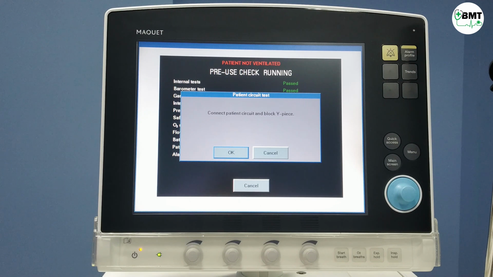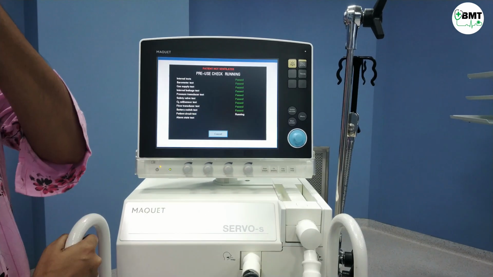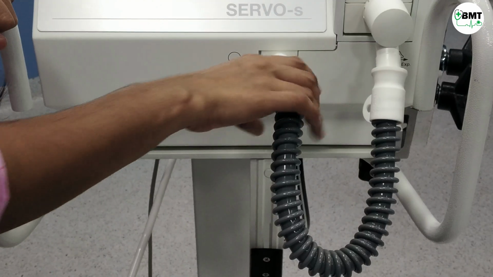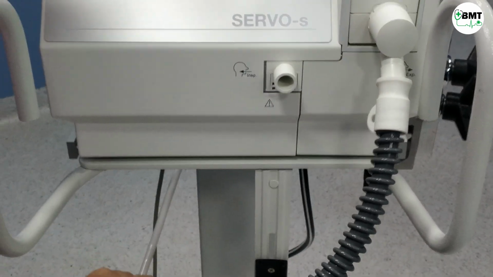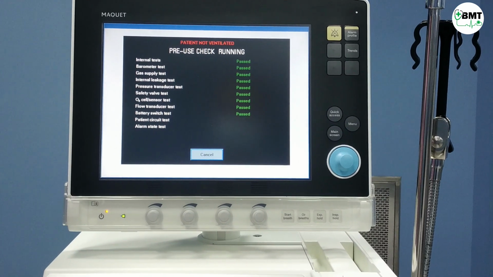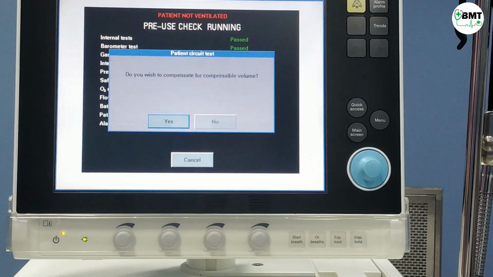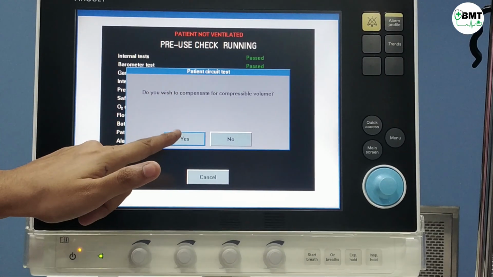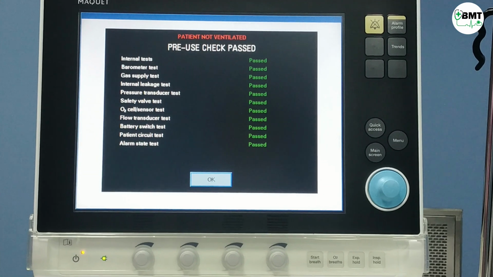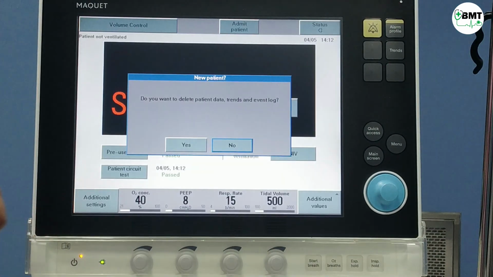Connect patient circuit and block Y-piece. Unblock Y-piece, then press OK. This over, yes, compensate. All tests are passed, then press OK.